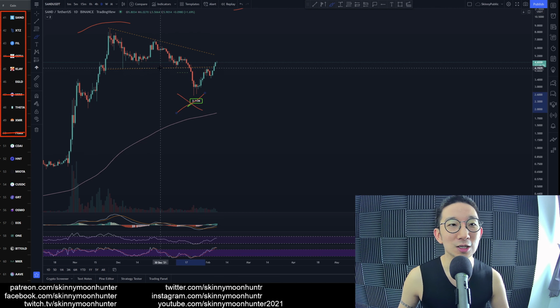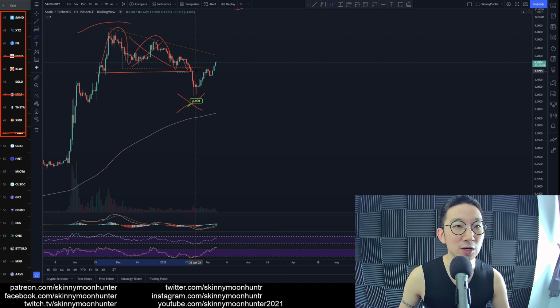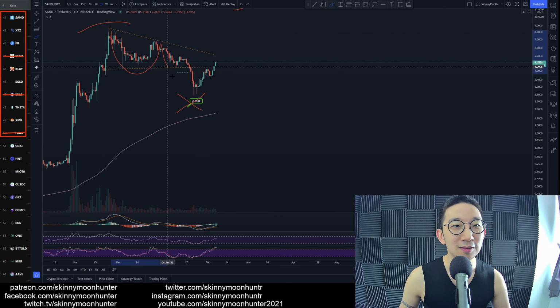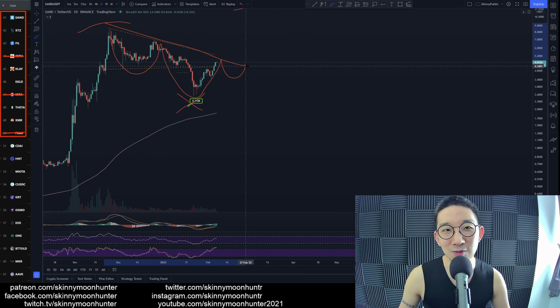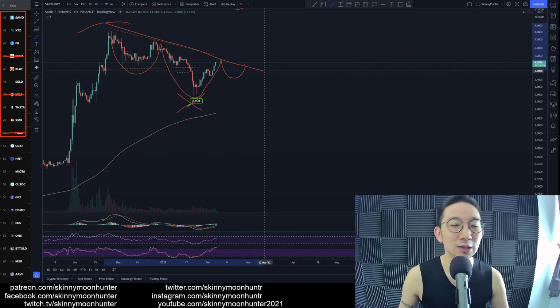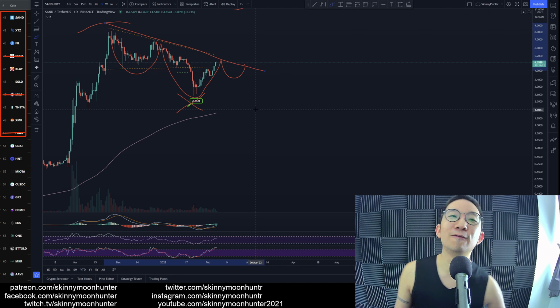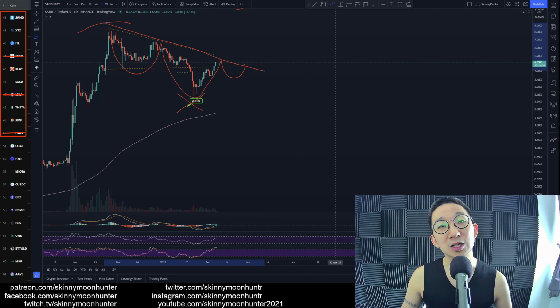So Sandbox is already invalidating the descending triangle, right? You can see that this is a descending triangle. We broke the support, hit target number 1, but we failed to hit target number 2, and after that we started a rally back up, right? And so you could see that this rally is becoming an inverse head and shoulders, a slanted one. I don't really like slanted inverse head and shoulders, but we'll take what we get. And so yeah, it is looking very similar to Sand BTC.